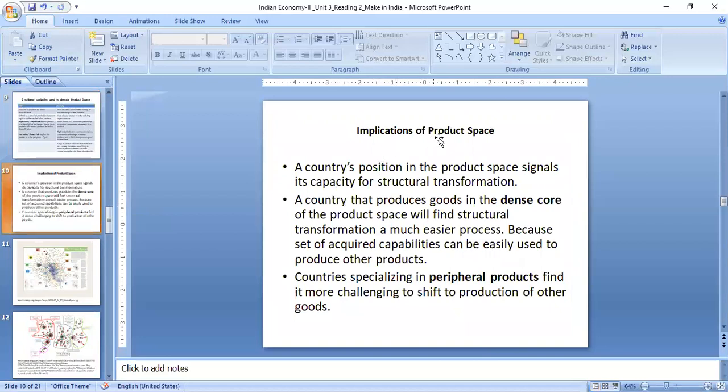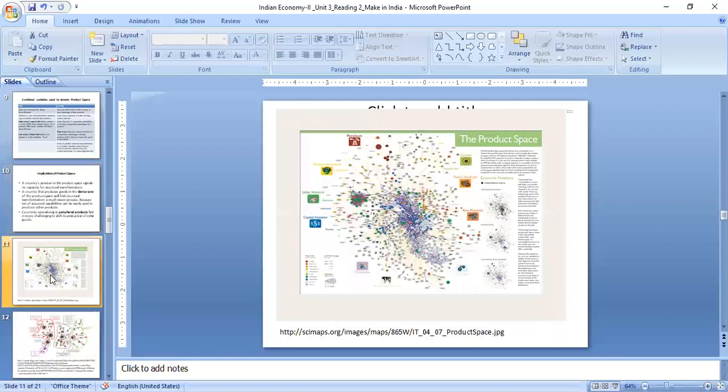So what are the implications of product space? It tells us about the country's capacity for structural transformation. A country that produces goods in the dense core is going to find structural transformation much easier, whereas if the country is specializing in a product which is at the periphery, then it is going to be more challenging to shift production to other goods simply because they are dissimilar. They are not closely related. So this is the product space